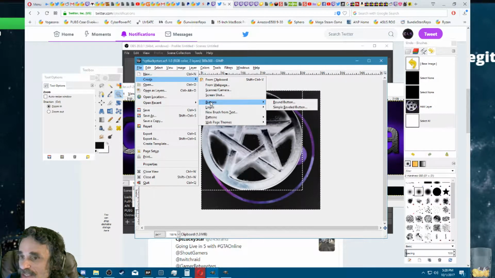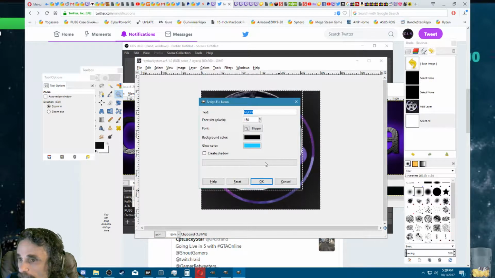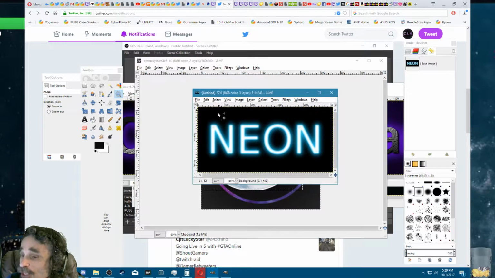But yeah, plugins are definitely something that can do things like that. It's a canned button, a canned logo. And that's what this is. It's pretty much prefab or canned or whatever you want to call it. Like here's one. Here's a neon one. Let's see what that looks like. I'm just gonna, where'd it go? Like if you wanted to do neon, for example,